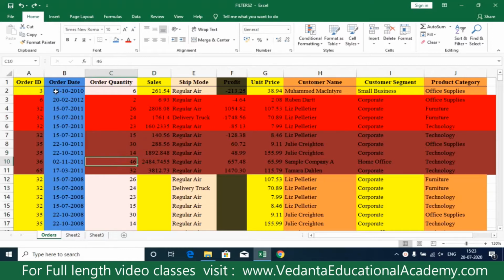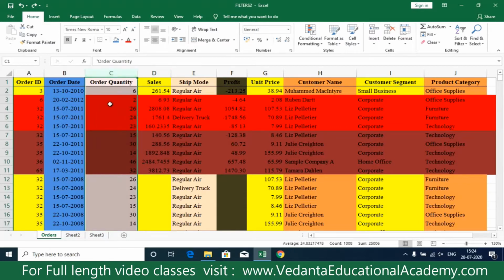And yes, you may see that column A is order ID, column B order date, column C order quantity, and column D sales. For example, I would like to add a column which has a location. In that case, simply select column C, and it will be moved to the +1 column, and the new column will be placed in this location.